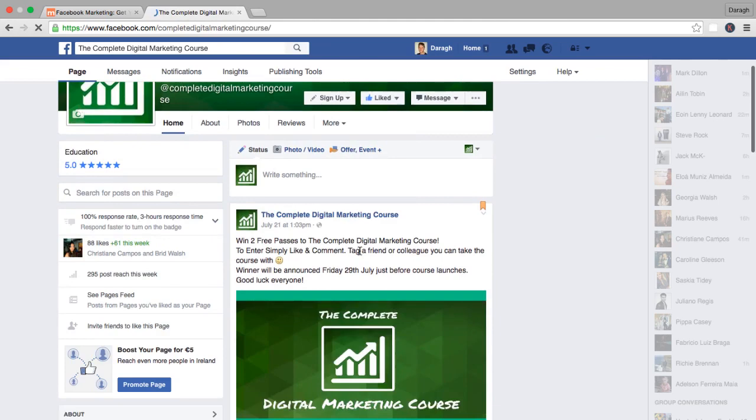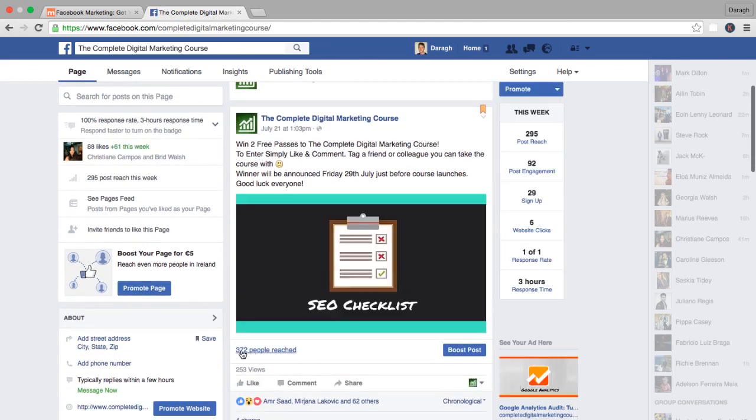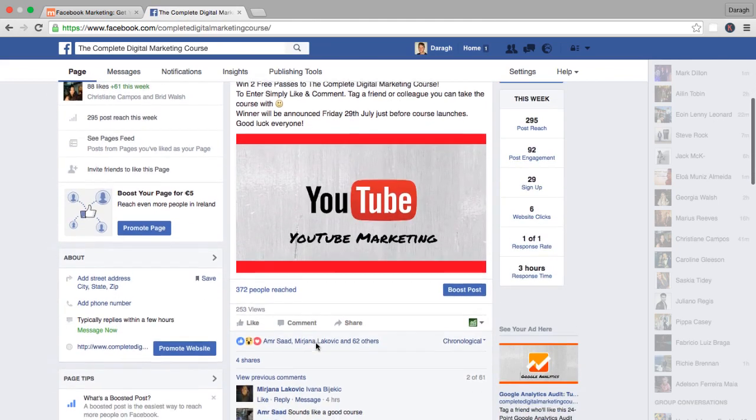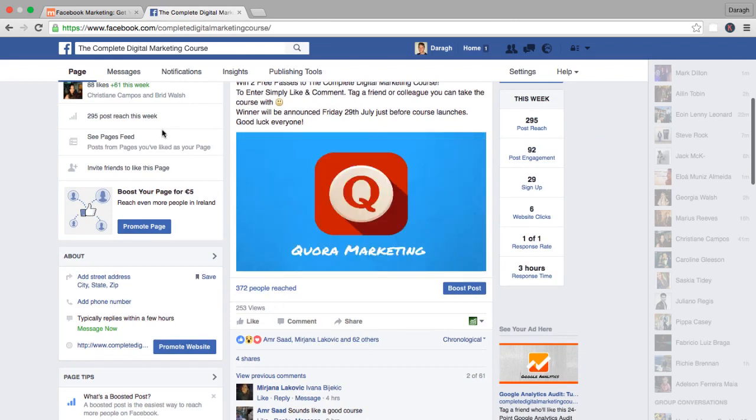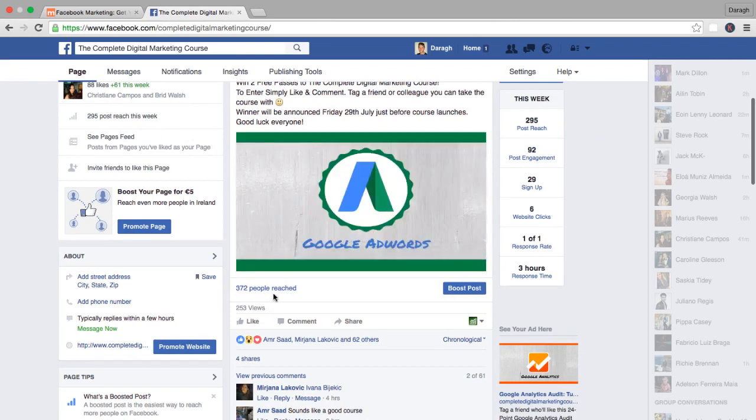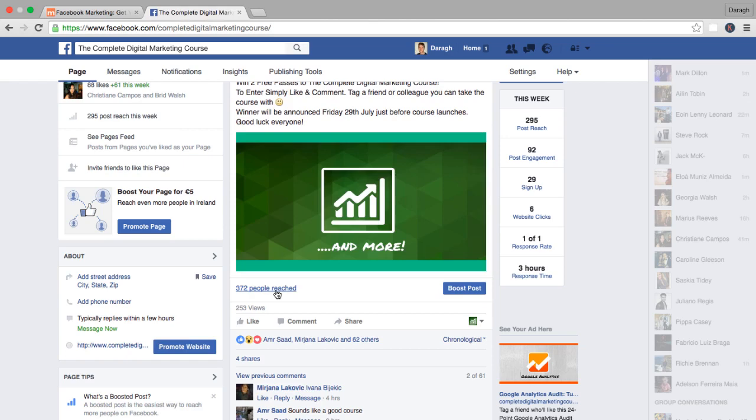You can really see the reach per post. So 372 reached here, which is great to see. That's a lot bigger than my page likes. So obviously that has extended out of my social graph